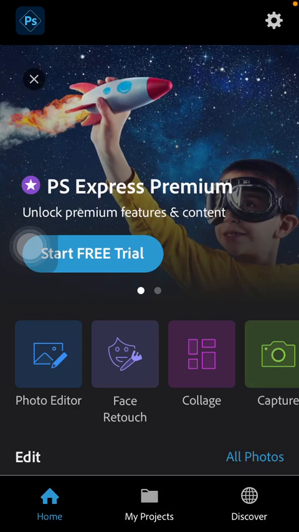Hello guys, in this video I'm going to show you how to add border to your picture on the Photoshop